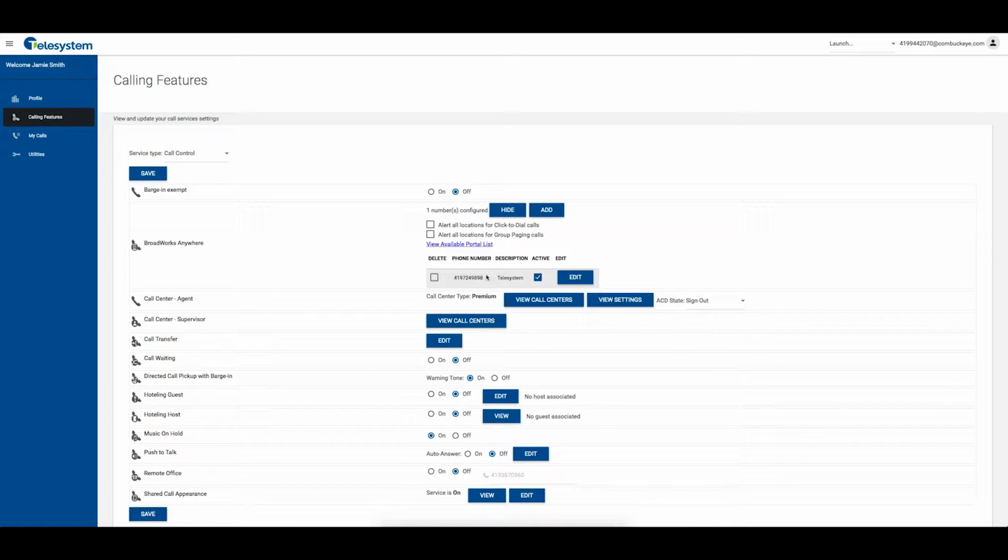You will also be able to select whether you wish for all locations to be alerted for click-to-dial calls. This is useful if you are using a soft client to initiate an outbound call, but you want to handle the call from a secondary device, such as your mobile phone or home phone. The recipient of the call will still receive caller ID information as if the call was being generated from your